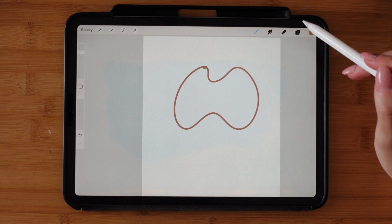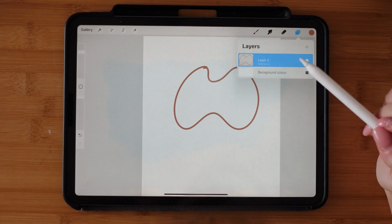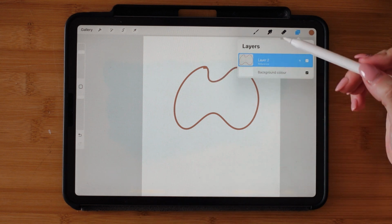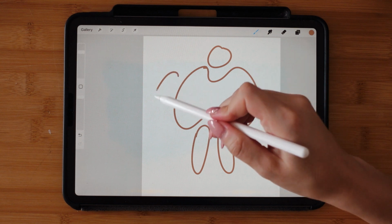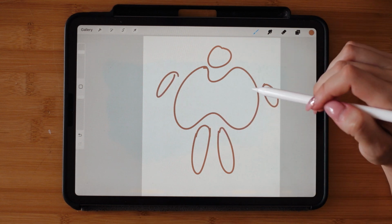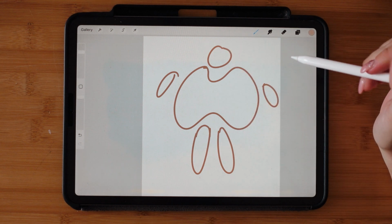This is very helpful for people that use line work on their drawings. So imagine that you have all your black line work and then you want to color within the lines. As an example, let's imagine that I have this drawing, which is just lines, and I want to paint inside of the lines, but on different layers, so that later, if I want to, I can change the colors more